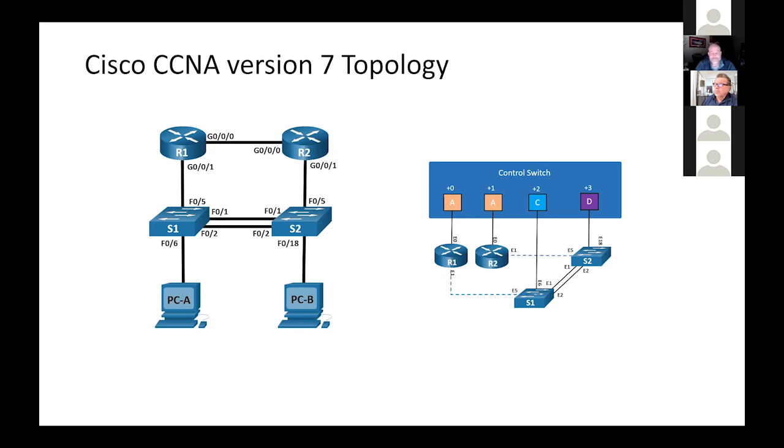Well, I think what might be helpful is to know, for the new labs that are included in the new curriculum, when are those labs going to be reflected in the NetLab content?